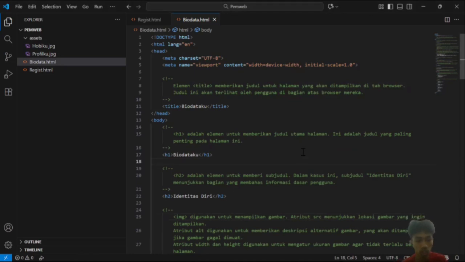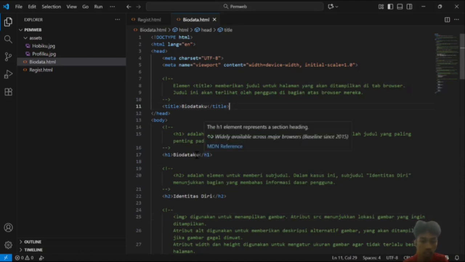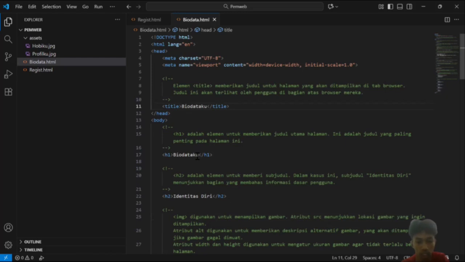Visual Studio Code will automatically generate the basic HTML structure. In the title, biodataku, the title section is the title which will appear in the browser tab when the page is open.